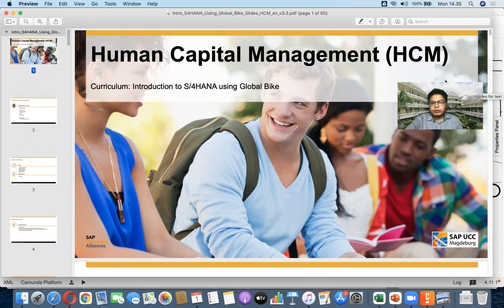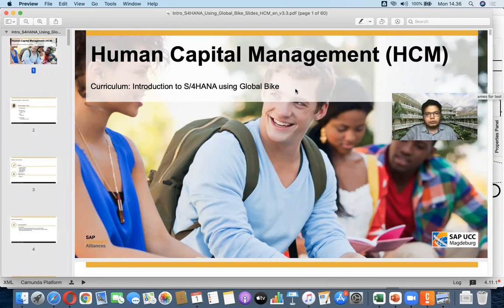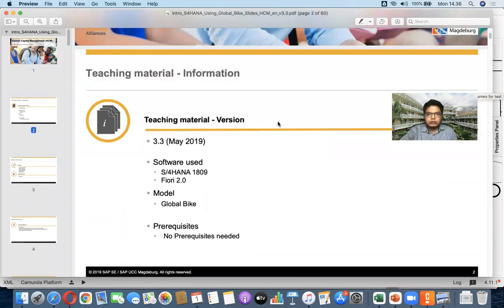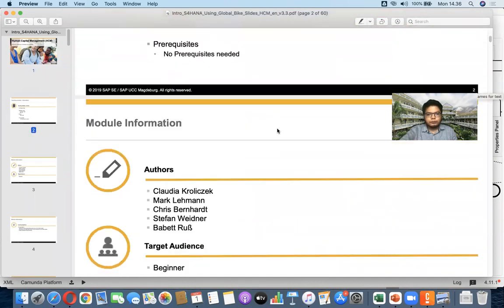This HCM topic is also part of the module that is taught in the practicum for the ERP. Basically, this is related to the business process used in SAP to describe how to manage human resources.